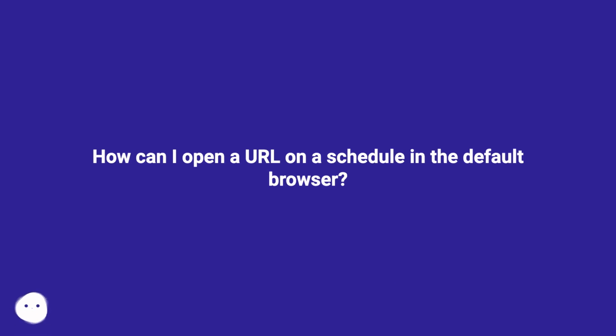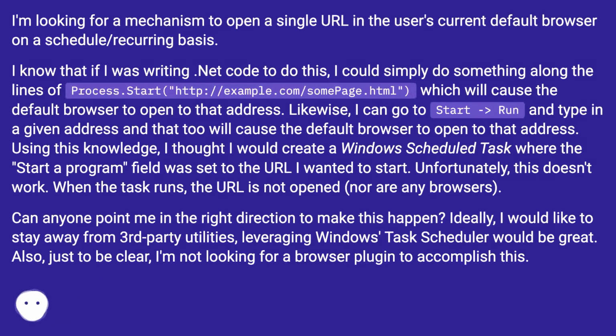How can I open a URL on a schedule in the default browser? I'm looking for a mechanism to open a single URL in the user's current default browser on a schedule/recurring basis. I know that if I was writing .NET code to do this, I could simply do something along the lines of process.start